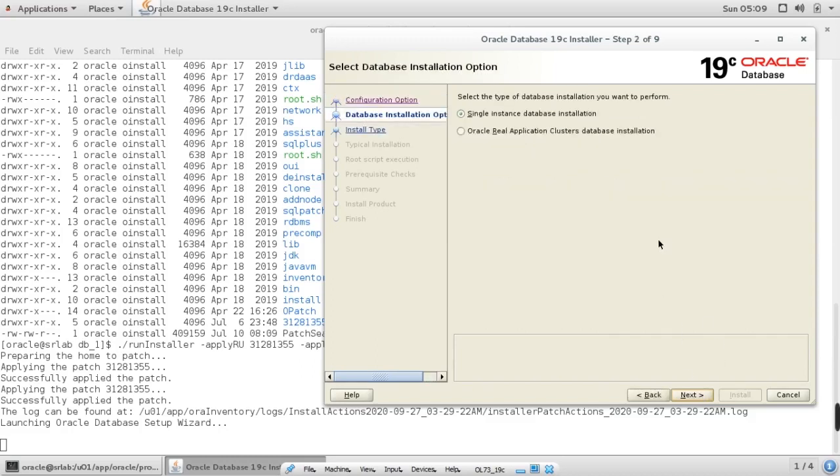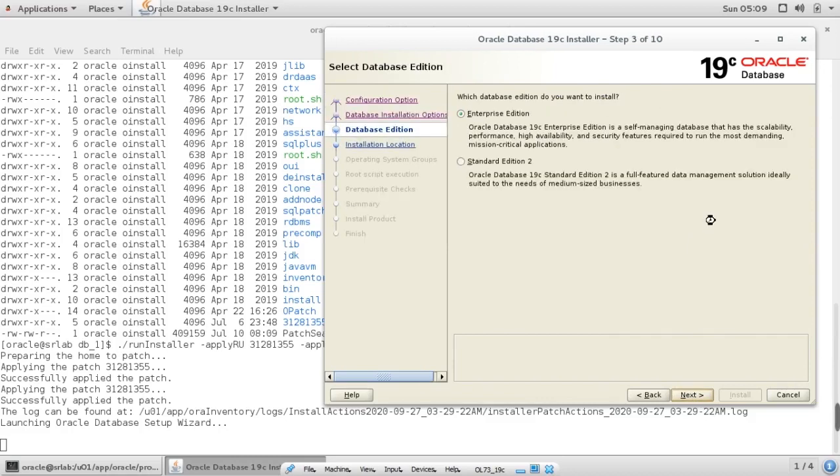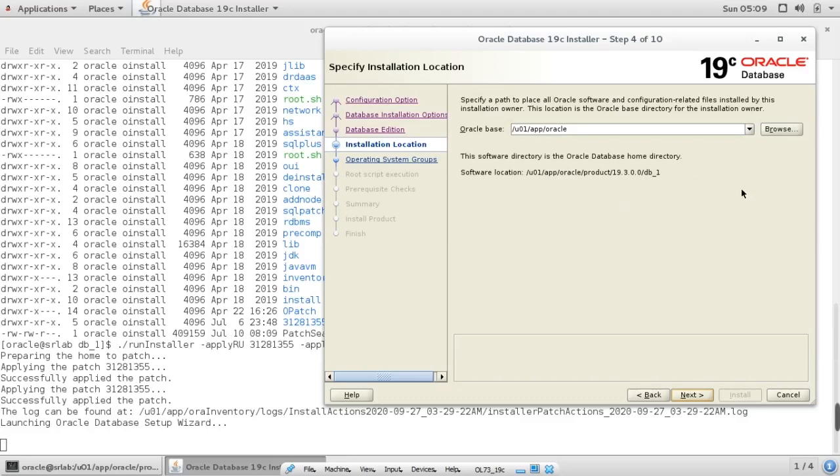Single instance database only, Enterprise Edition, then the Oracle base location.